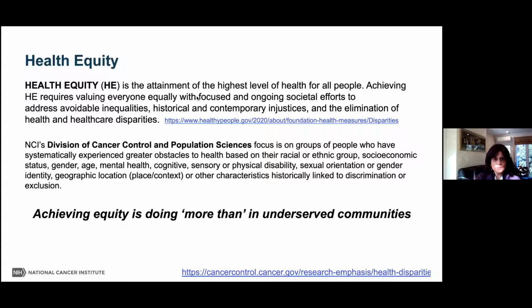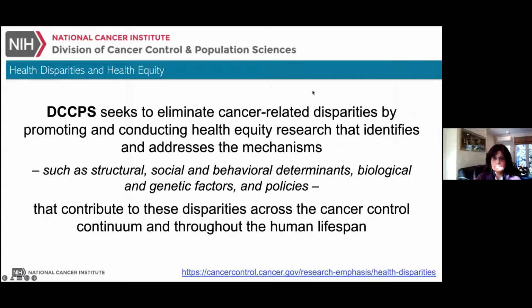And so what we felt was this area of focused and ongoing societal efforts was a very important agenda for us to address any of the avoidable inequalities in health, and how we can address issues in healthcare disparities and elimination of any contemporary injustices. So, as I said before, we would like to eliminate cancer-related